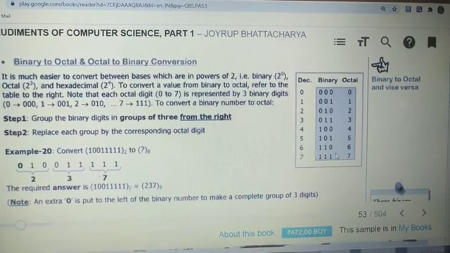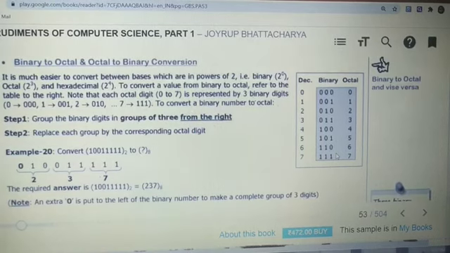So that is how we are getting these values: octal 0 means 000, and octal 1 means 001, in this way. The same procedure you have to follow with the division formula, like when we convert from decimal to octal or decimal to binary. If you do it this way, you will get that value.